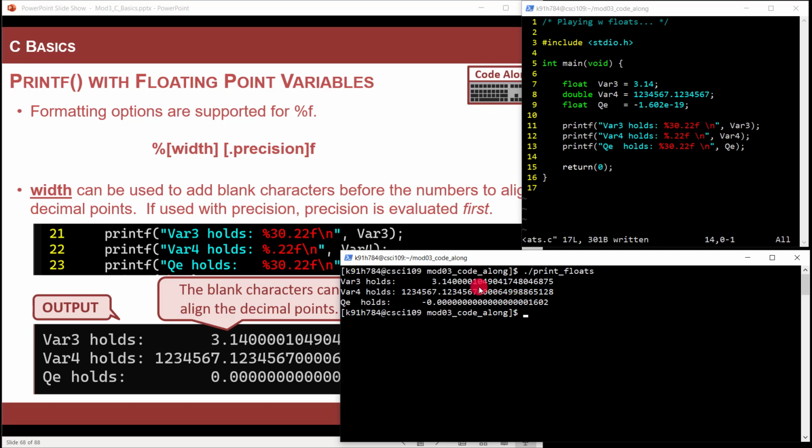Okay, so I'm sitting here and I've got 3.14, which was the number I had, and then I've got 0000, and then I got all this garbage that came in here, and you're like, what's the garbage? And then same thing here, I've got 1, 2, 3, 4, 5, 6, and then I've got 1, 2, 3, 4, 5, 6, 7, and then I've got my zeros, and I've got all this garbage, right? So what I did was I put the precision in here, so I had 22 digits of precision, and in